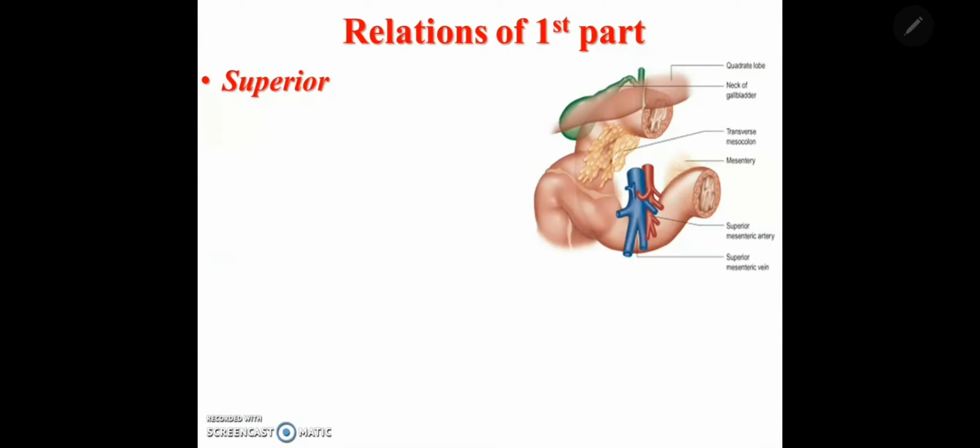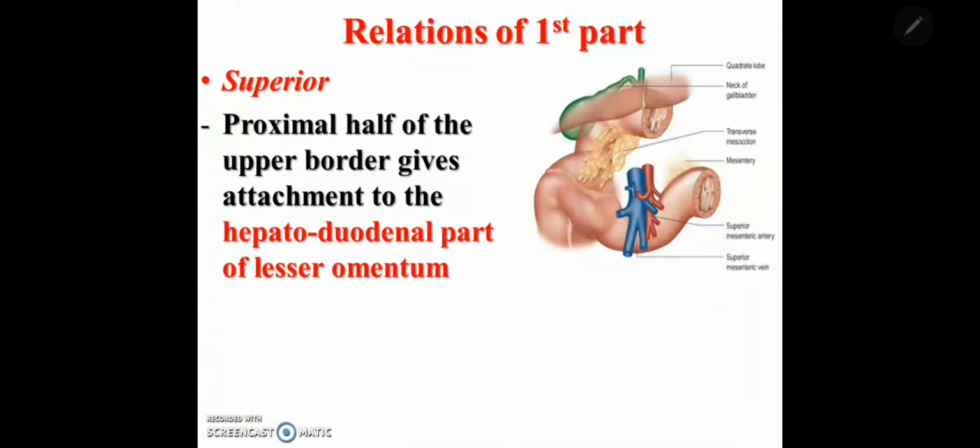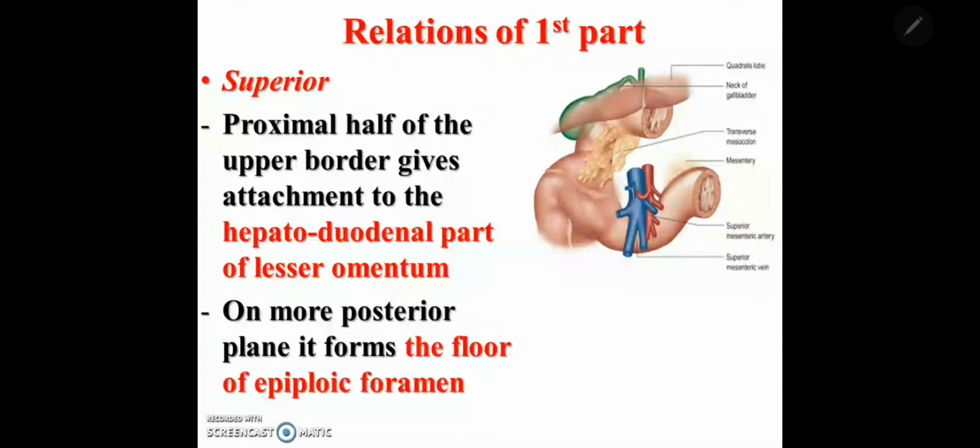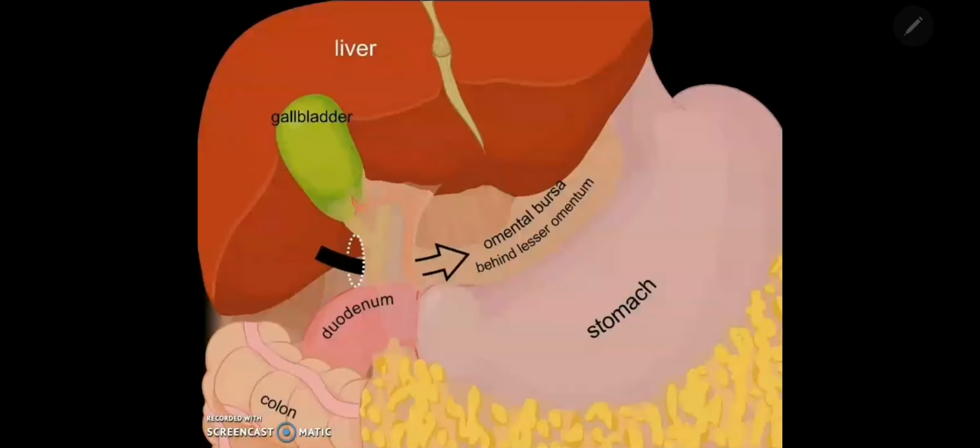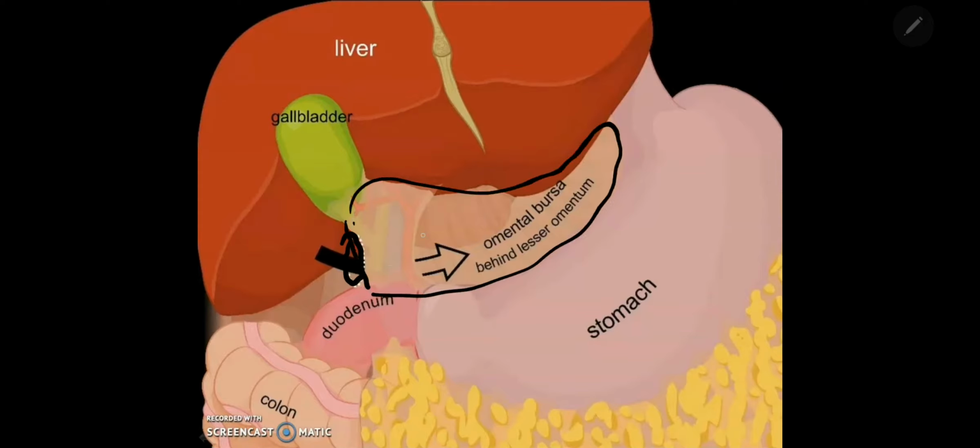Superiorly it is attached to the hepatoduodenal part of the lesser omentum, upper border. The proximal half of the upper border gives attachment to the hepatoduodenal part of lesser omentum, and it also forms the floor of the epiploic foramina. What is epiploic foramina? Foramina of Winslow. It connects greater sac with the lesser sac. You can see there. Here is the epiploic foramina, and here you can see the lesser omentum here, and here